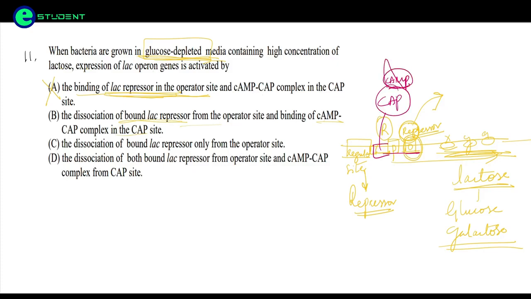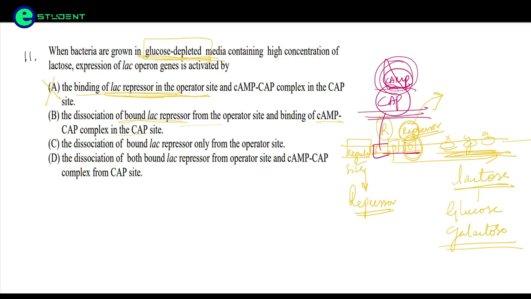Usually when glucose is present, this complex is in very low concentration. But whenever the glucose level goes down, this CAP-cAMP complex will increase in number